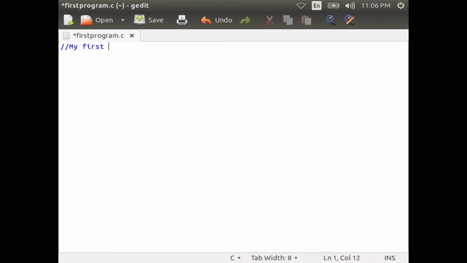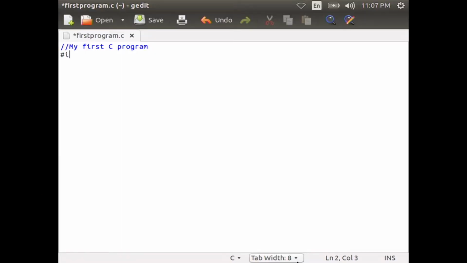We can write a comment first. So, you can use double slash to comment a line, that is double slash my first C program. Comments are used to understand the flow of the program and give us information about the program.